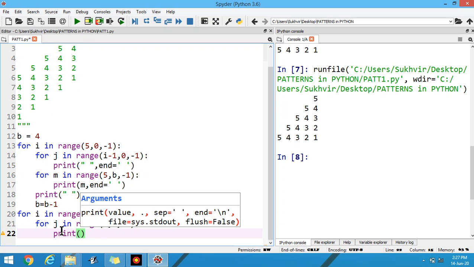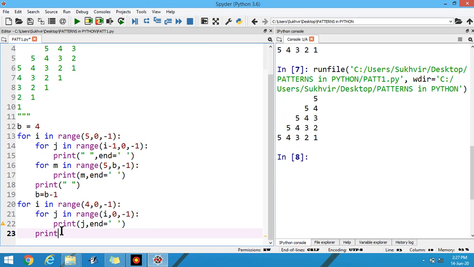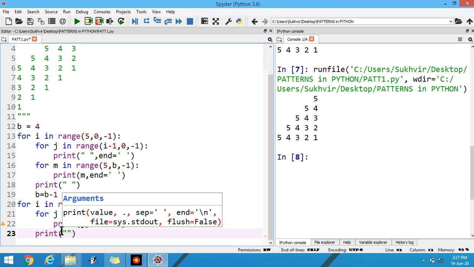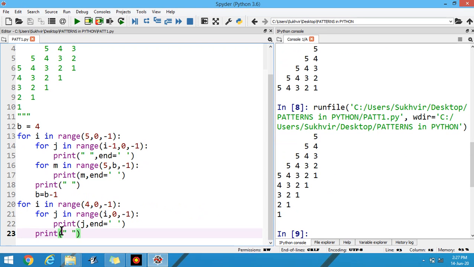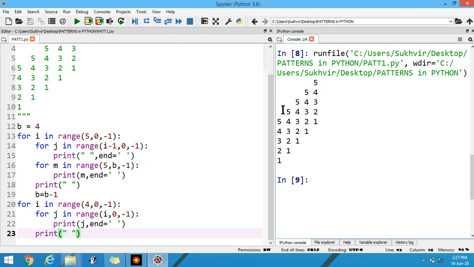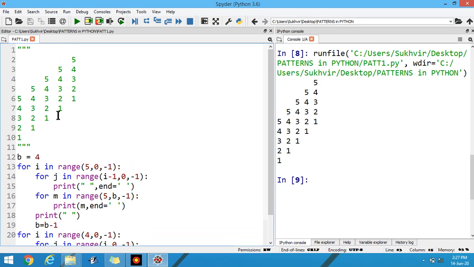Then print the value of j followed by end, so that you can print the values in single line. Then print some spaces required for next line. You can see the output 5, 5 4, 5 4 3, 5 4 3 2, and next line 4 3 2 1, 3 2 1, 2 1, and 1.